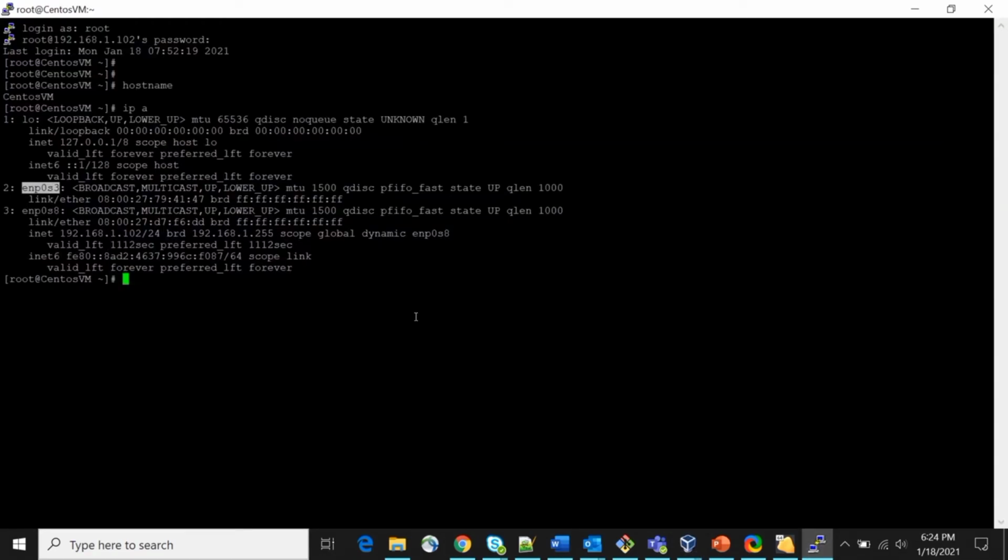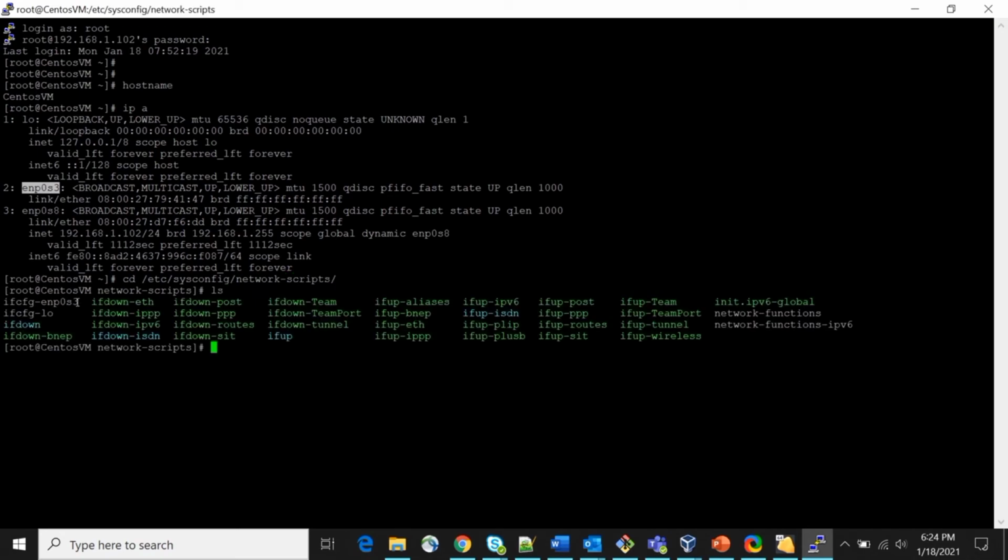Yeah. Just for the final touch up, go to /etc/sysconfig/network-scripts and do ls here. You can see only one configuration file is there, but you have two Ethernet adapters. You need to create another one, so just simply copy it for the s8.